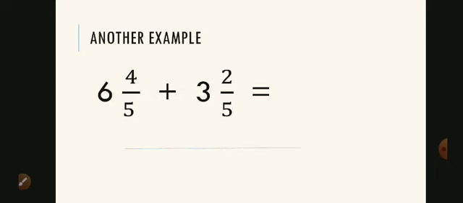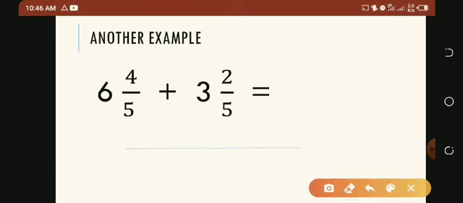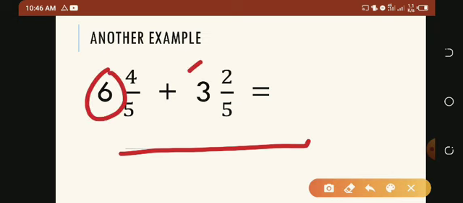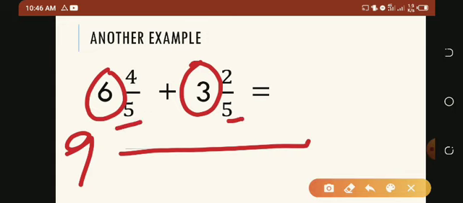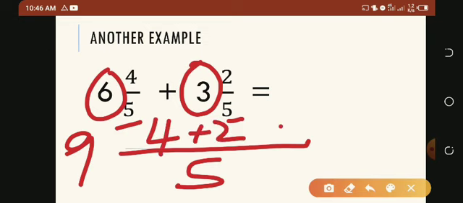This is another example. 6 whole number 4/5 plus 3 whole number 2/3. The first thing to do is to draw your line. You pick the whole numbers, 6 plus 3 will give me 9. You pick the common denominator 5 and then you say 4 plus 2. Your final answer will be 9 whole number